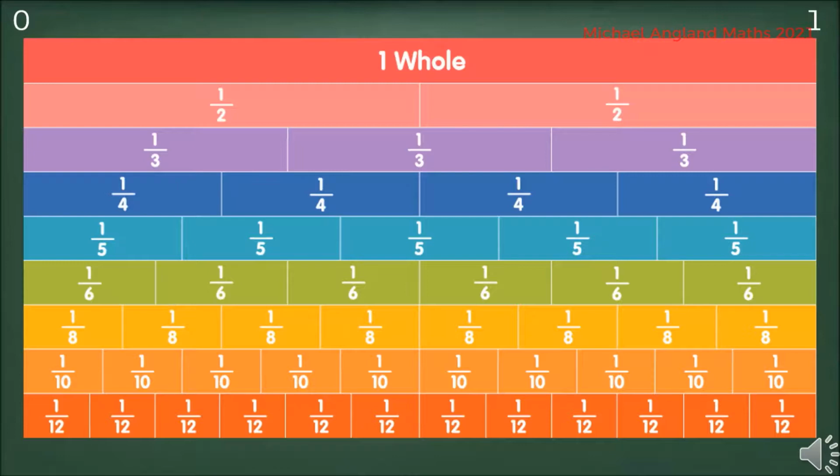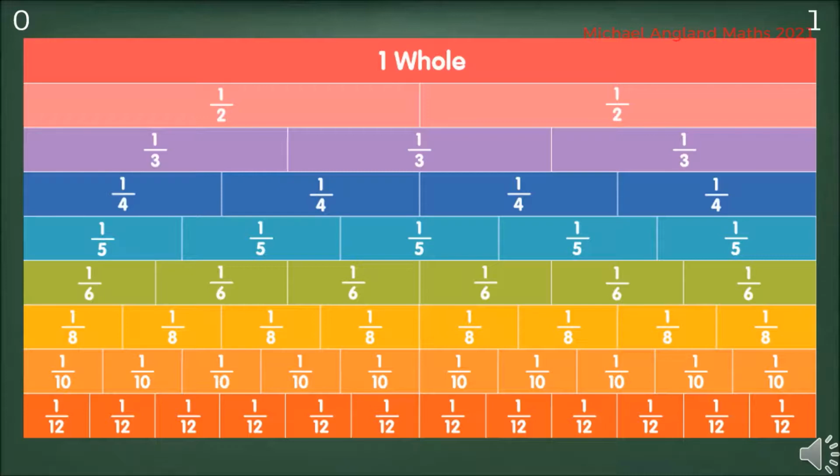As you can see, there are 2 parts, and each one of those is 1 part out of a total of 2. And then below that, in light purple, we have thirds. So we've broken that entire interval into 3 parts, and each one of those is 1 part out of a total of 3, hence 1/3, and so on for quarters, and so on for fifths, and sixths, and eighths, and